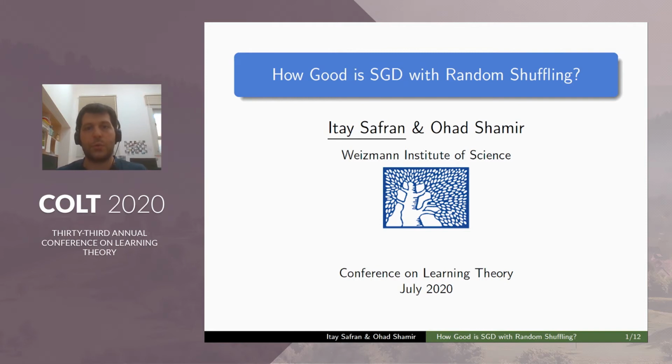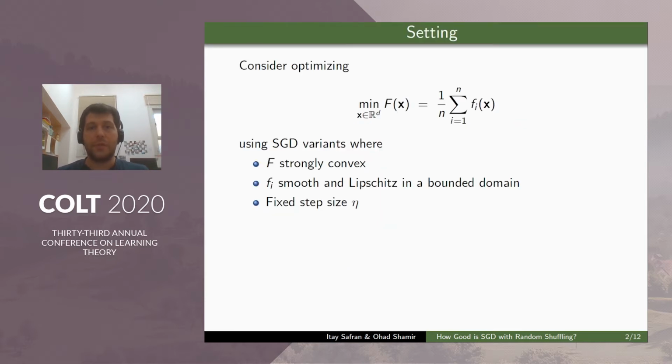This is joint work with my PhD advisor, Ohad Shamir, and it's called How Good is SGD with Random Shuffling. We consider the following optimization problem where we optimize over finitely many convex functions, where their average is strongly convex and each individual function is smooth and Lipschitz in a bounded domain, and where we consider a fixed step size